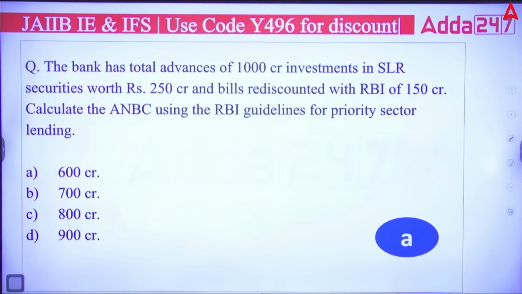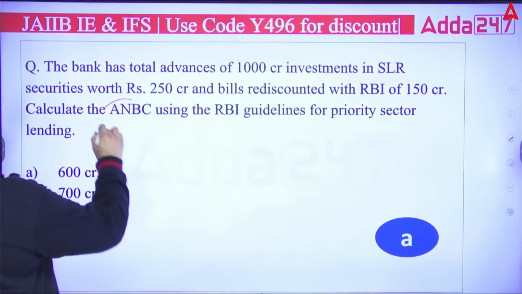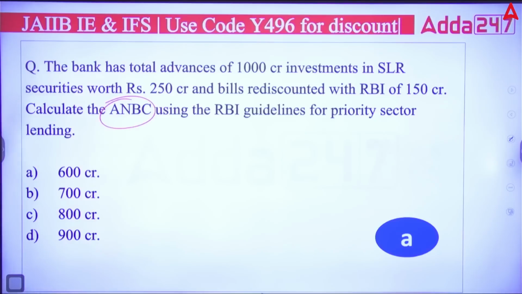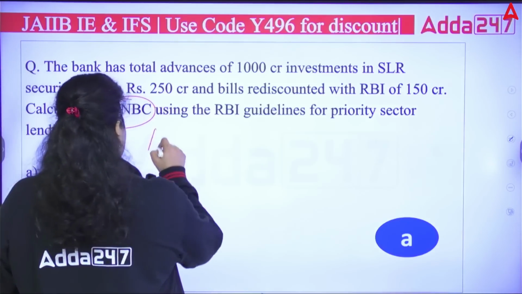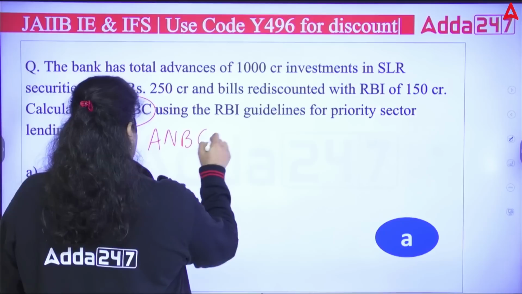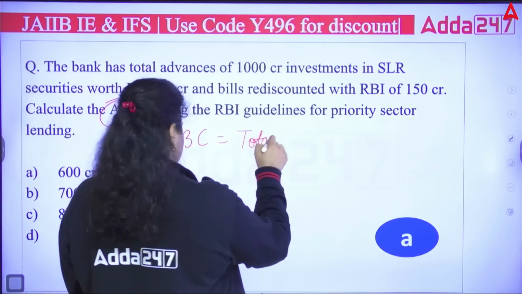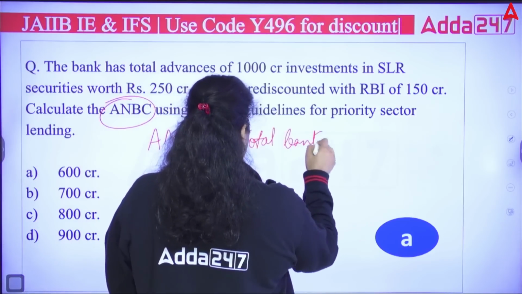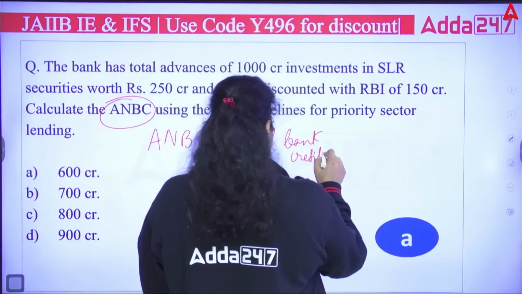Okay? Next. The bank has total advances of 1,000 crore, investment in SLR securities worth 250 crores, and bills rediscounted with RBI of 150 crore. You have to calculate the adjusted net bank credit using the RBI guidelines for priority sector lending. So how to calculate this? ANBC has a simple formula. The total bank credit minus